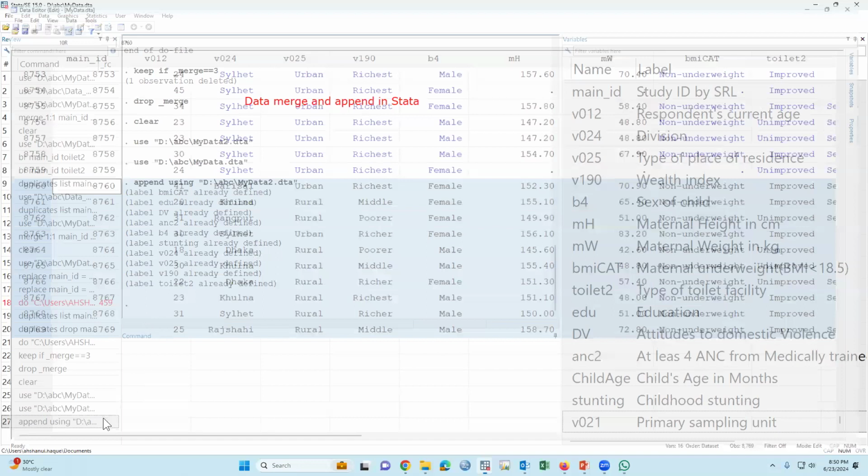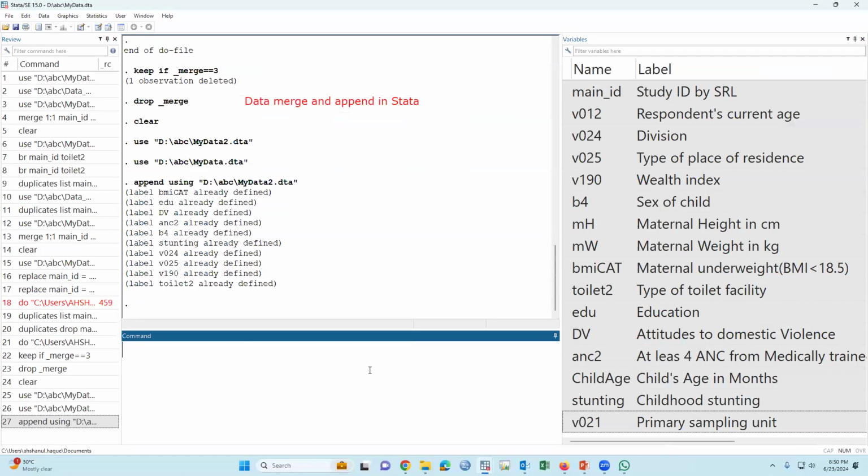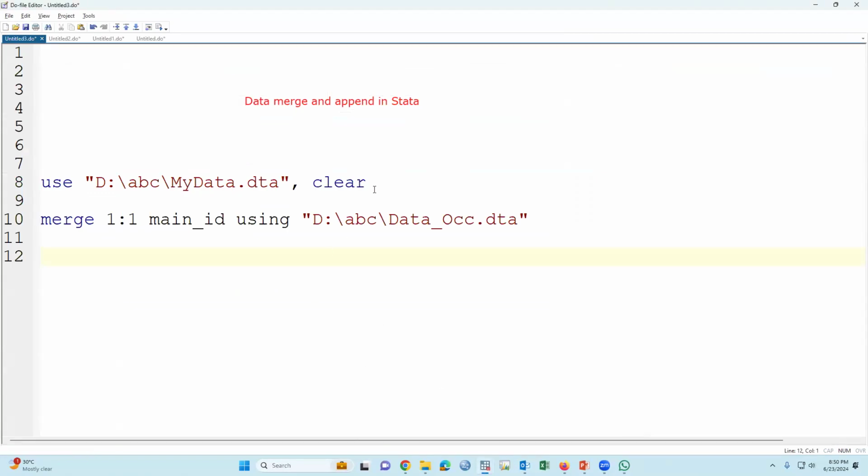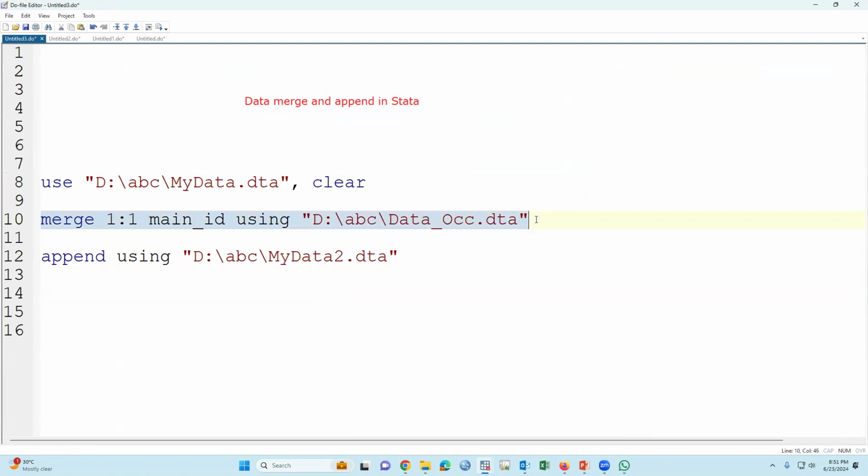And the syntax we can paste here. Using this syntax, we can merge data with another data set where study ID is the same but variables are not the same. And for appending, the variable names should be the same, otherwise it will not be appended.